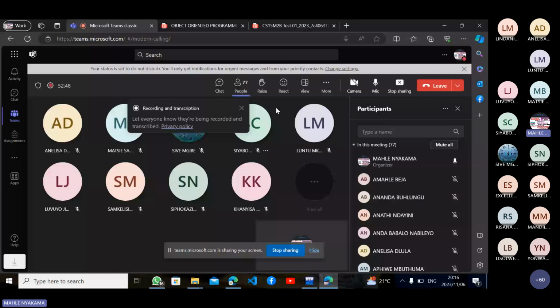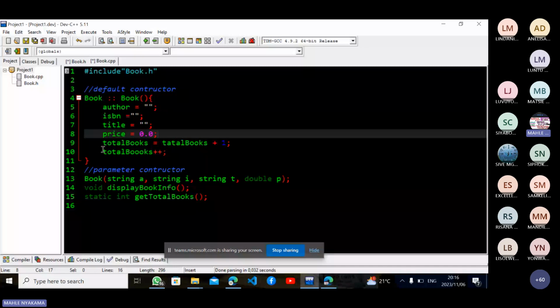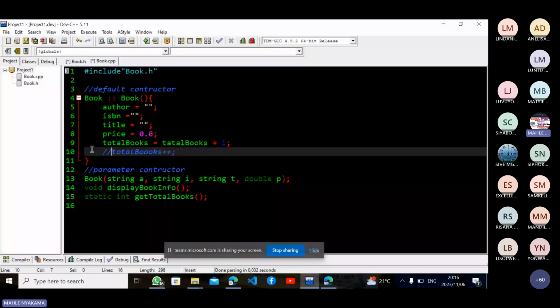All right. So that means now, if I don't write this one, I'm going to write it like this. This one is the same thing as this one. We are just incrementing. That means you're adding 1 to the total box. So I have this book now, and then I have the second book. So I'm adding 1 because now I have 2 books. And then I have a third book. I'm adding 1. So that means I have 3 books. So I hope you have